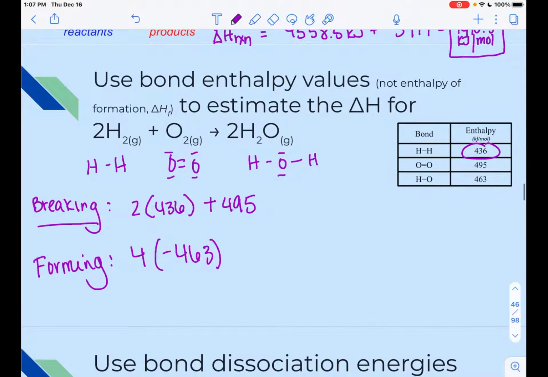And again, it's negative because it's being released. So whenever you do forming, you just change your enthalpy to negative. And then when you add those together, you're going to get